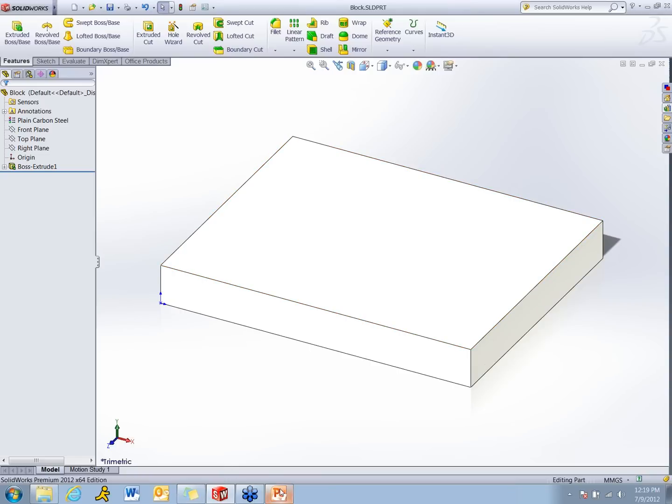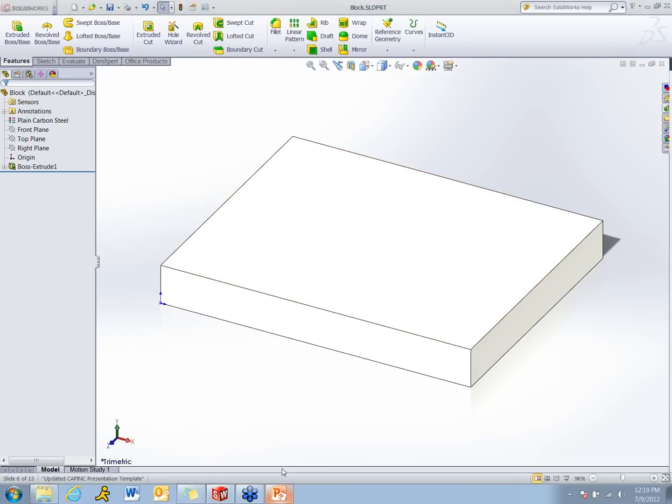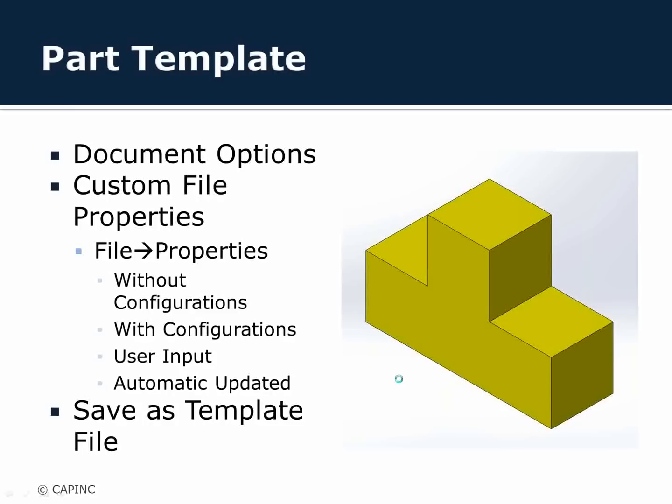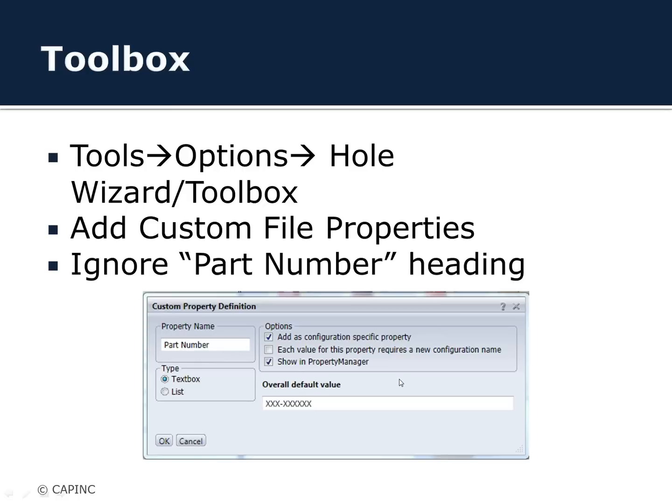So let's go back to our PowerPoint slide. So the next thing that we want to do is set up our toolbox to have the same custom file properties that we just created in our part file. The reason we want to do that is so that we can have the same title block and the same bill of materials on our drawings,